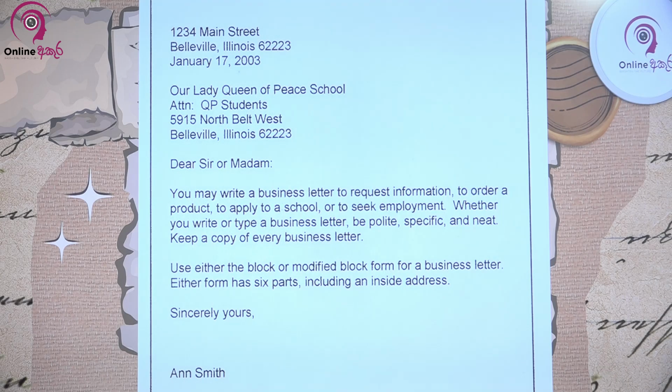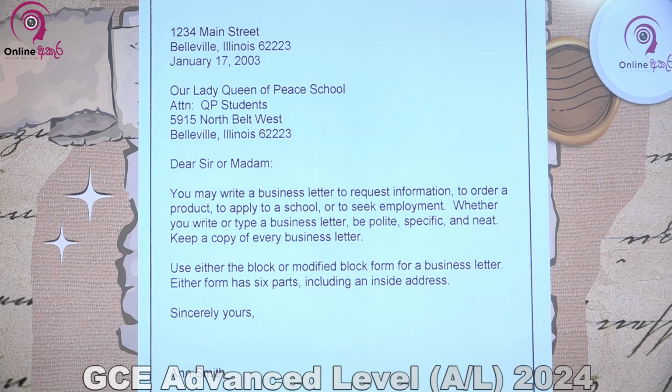Now in Sri Lankan context, if you are writing a letter in Sinhala, the address can be written in the right hand side, and even the conclusion part, the final signature sometimes is written in the right hand side. But if you are writing in English, kindly stick to this format, because what we use here is the standard format of formal letter writing. The sender's address, date, a space, receiver's address,